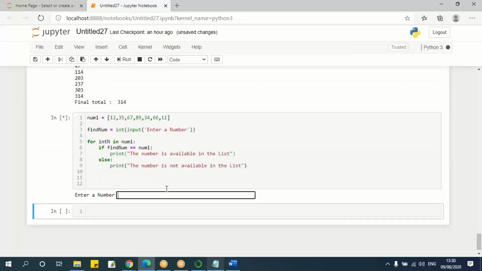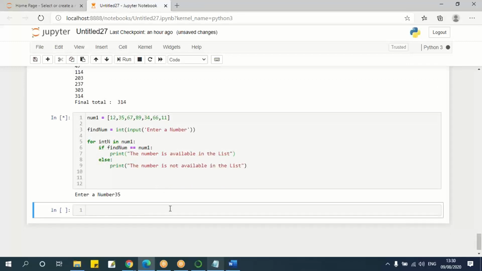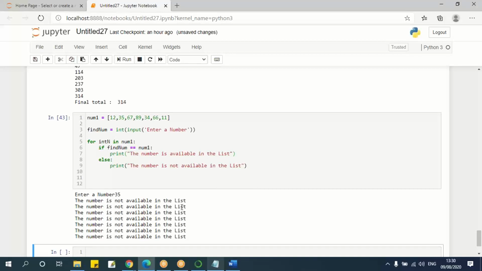Let me execute this. It is asking for a number. Let's give 35 and say enter. The number in the list is available. You can see what it is doing, it is